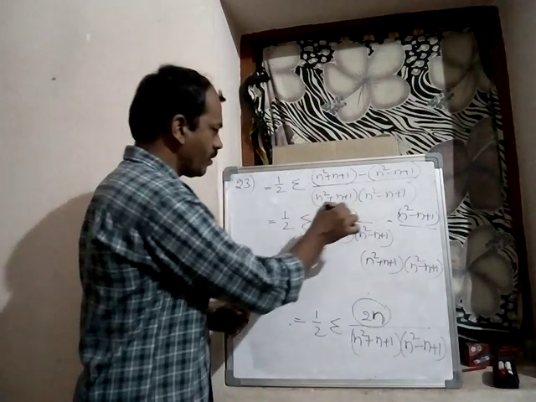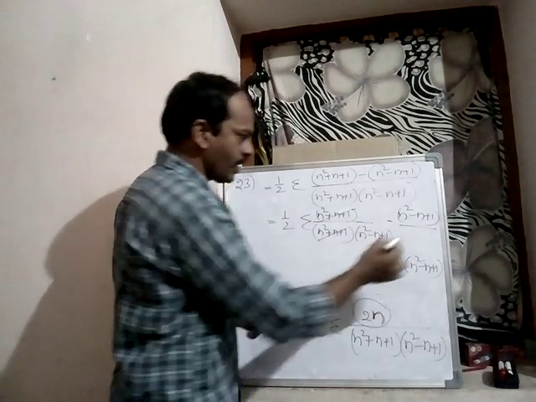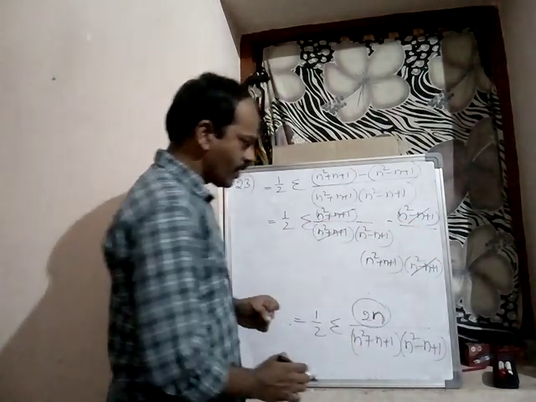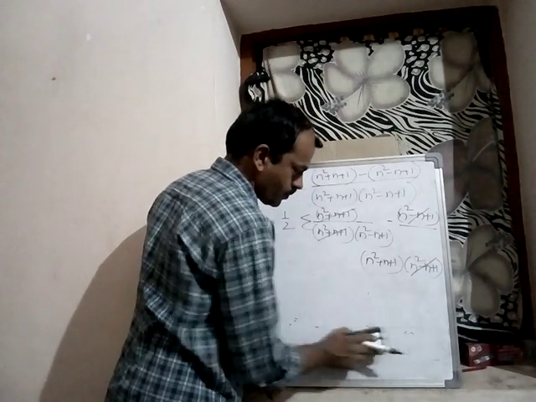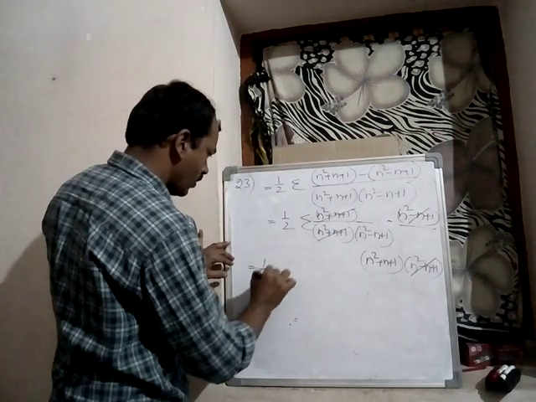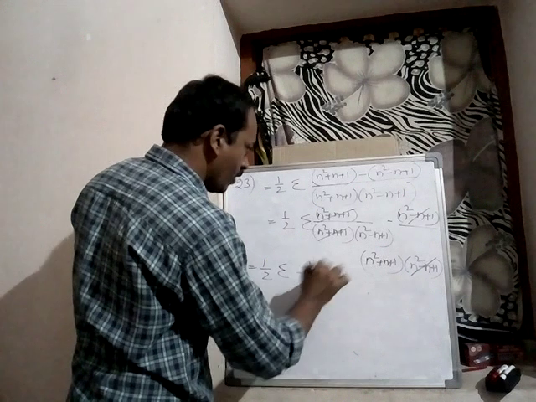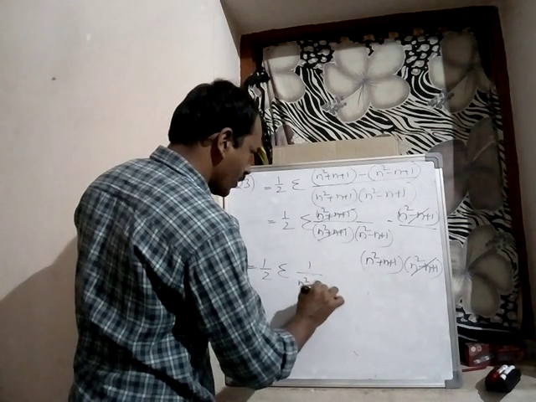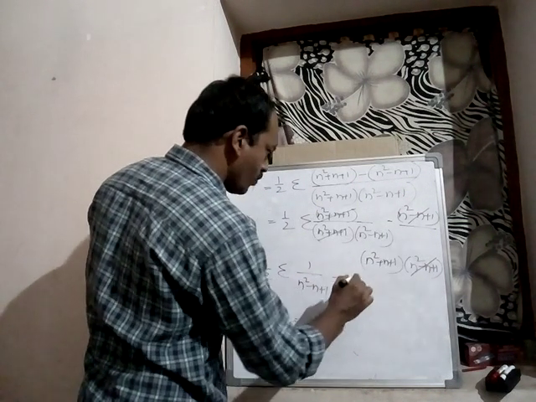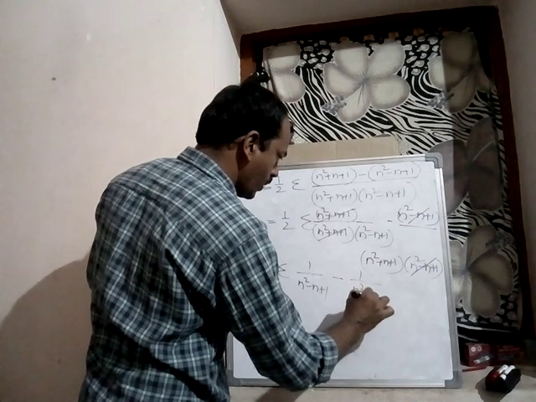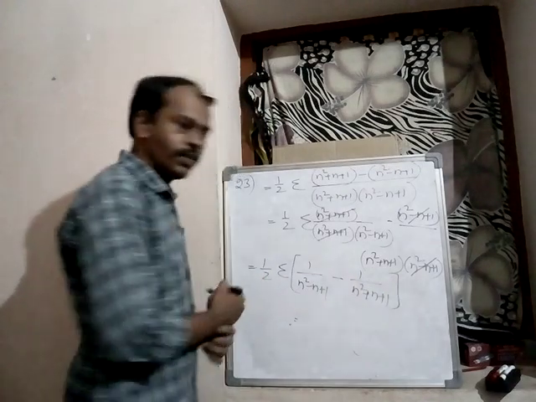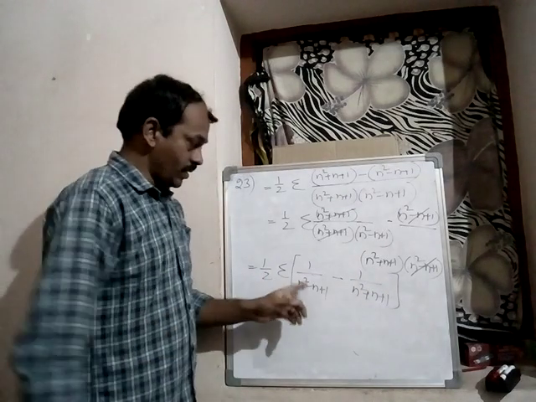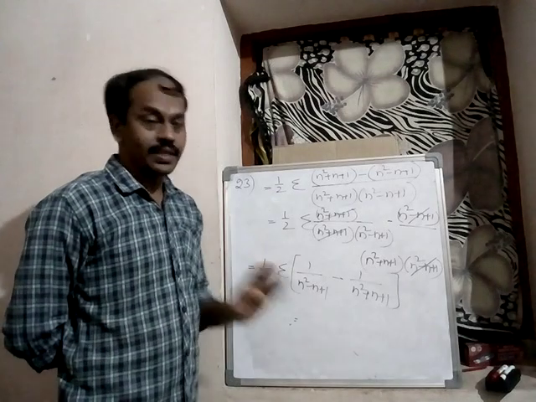Okay, now this one cancels. Here the negative term cancels. What is left? What are the remaining terms? The remaining terms of sigma are 1 by (n² − n + 1) minus 1 by (n² + n + 1). Okay, so this is the nth term of the given series.